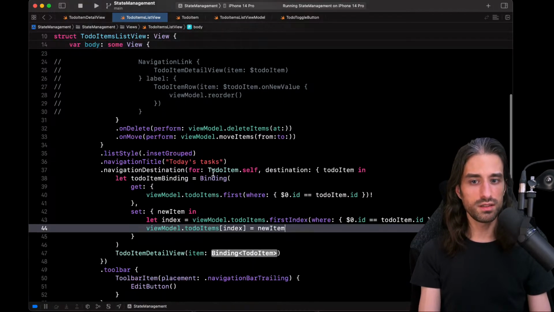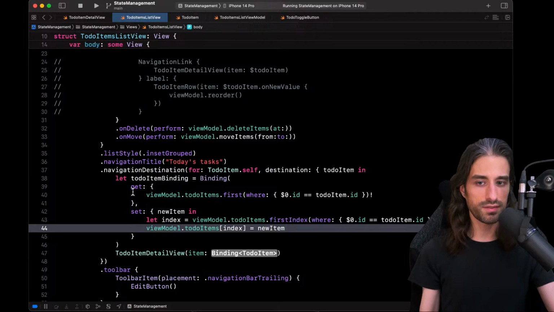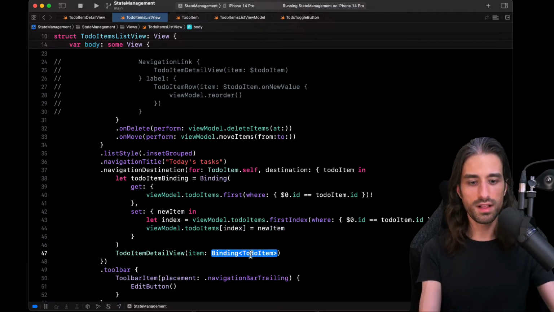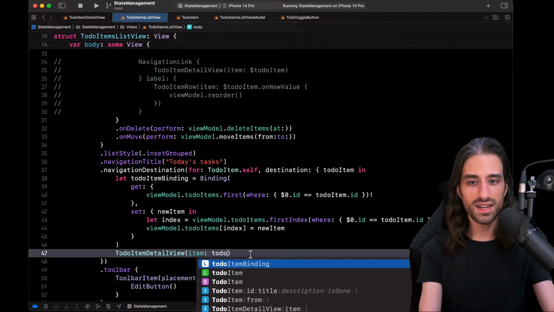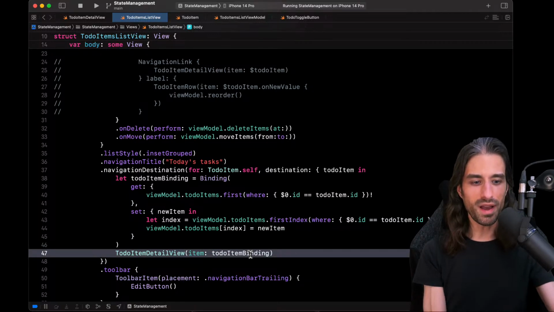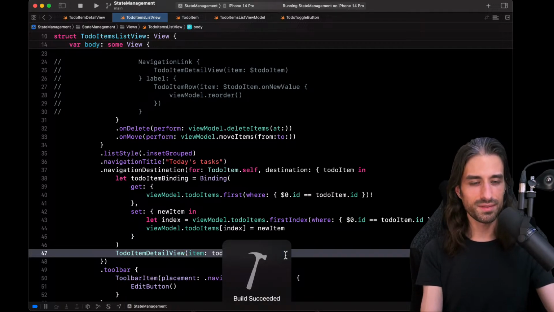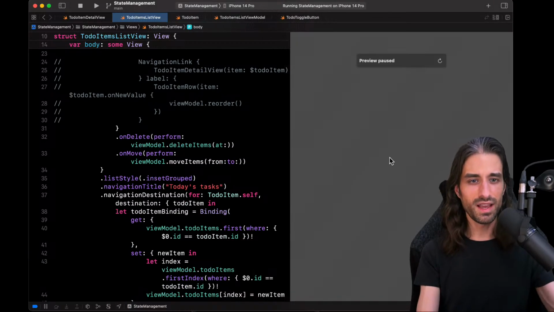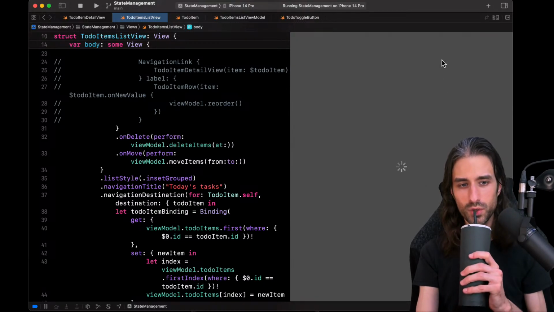It's just creating this binding, and this binding is just a getter and a setter. So it's just a mutating view over an element of the array that you can also create by yourself with this syntax right here. And now I can finally pass a binding to my detail view. And so now, normally my code should build. Yes, it builds. And if I resume my preview,